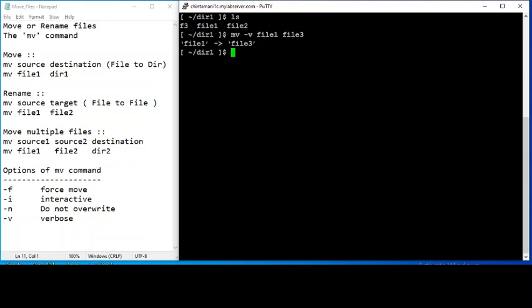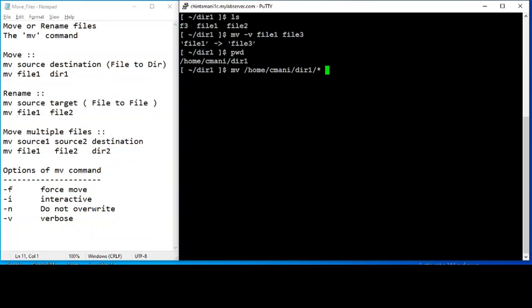Now in mv, we have seen some simple commands, but we can actually give the full path name also. For example, right now I am in /home/cmoney/dir. So I can also say mv and then /home/cmoney/dir1, and say all files.